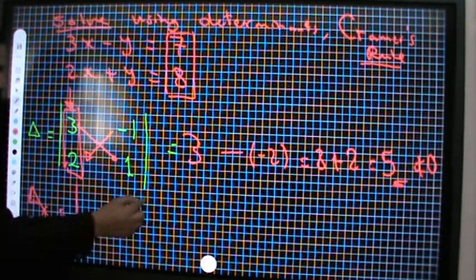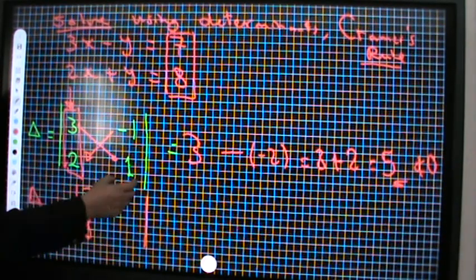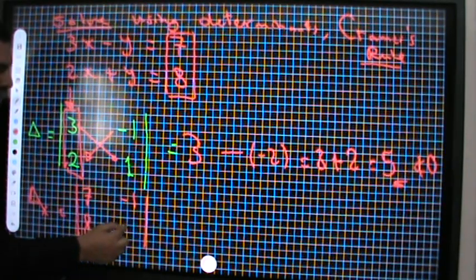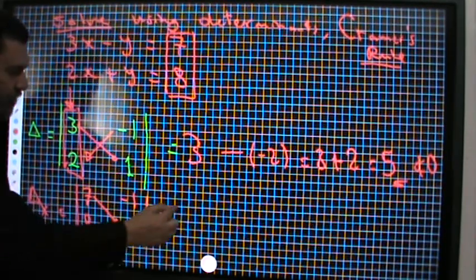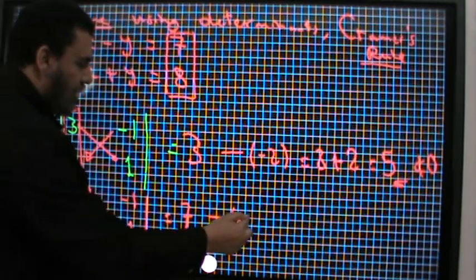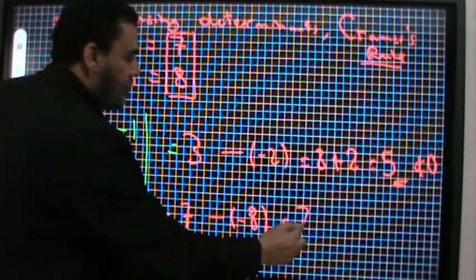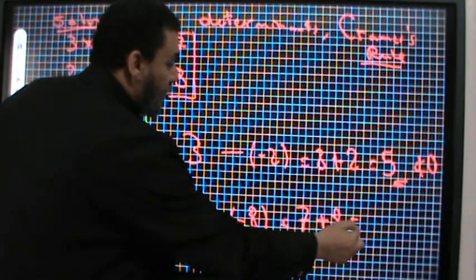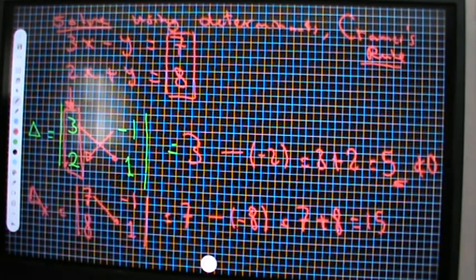And write here 7, 8, and copy this column as it is, -1 and 1. Evaluate 7 times 1, it will be 7, minus -1 times 8, it will be -8. Then it will be 7 plus 8, it will be 15. By the same way,